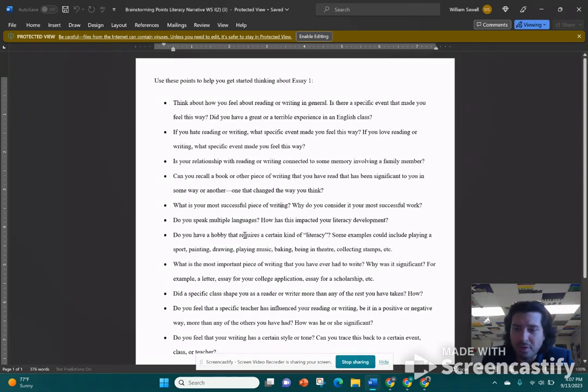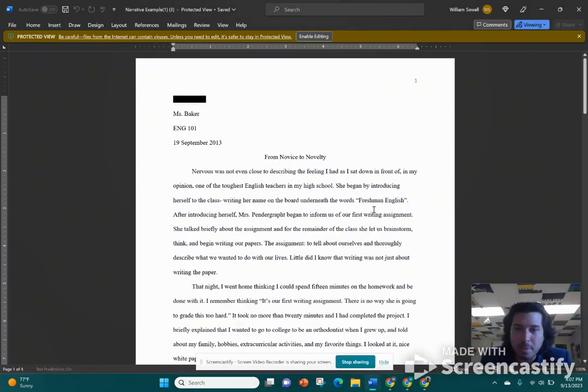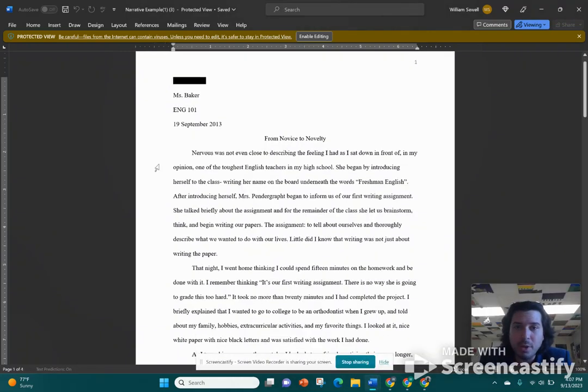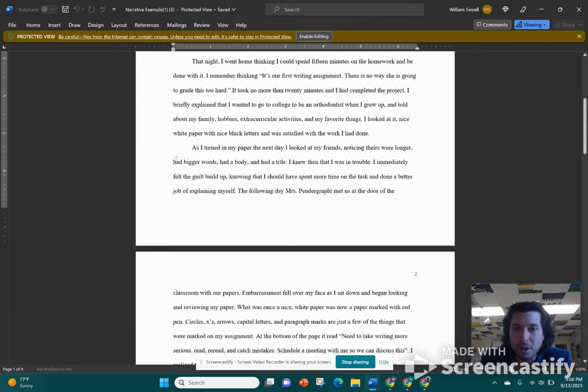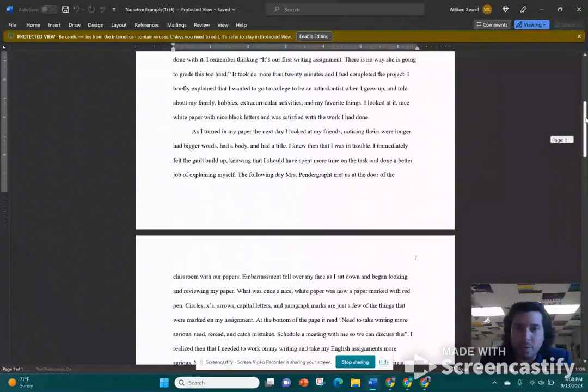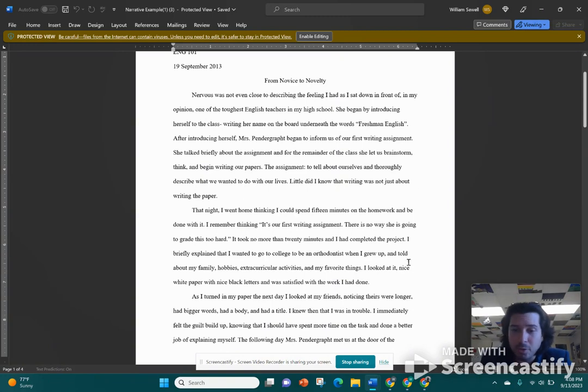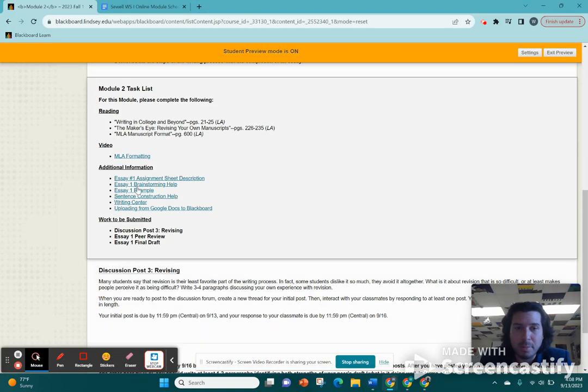to maybe help bounce your ideas off. And then one more thing is, if you're a person who likes to see examples, well, here's an example of a literacy narrative written by a Lindsey Wilson College student. It goes through their own example, and then it ties it to a teacher, particularly a teacher who changed the way the student thought about writing and thought about literacy. So those are all resources. Please check those out, because those will help you think about this essay.